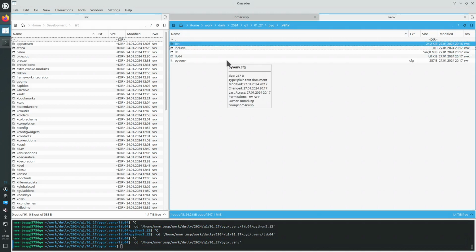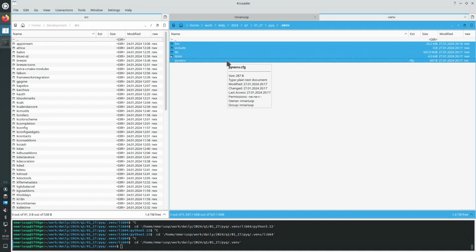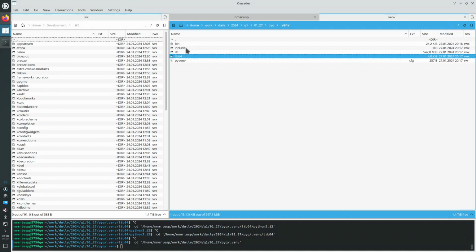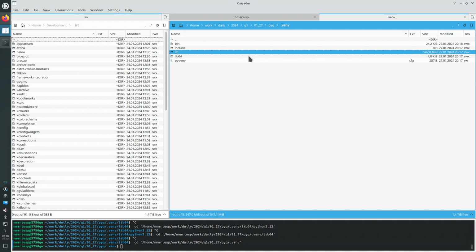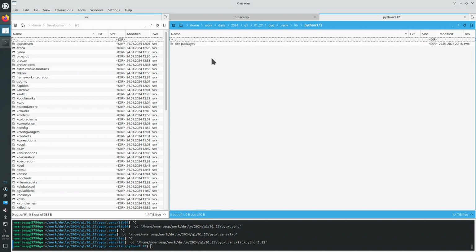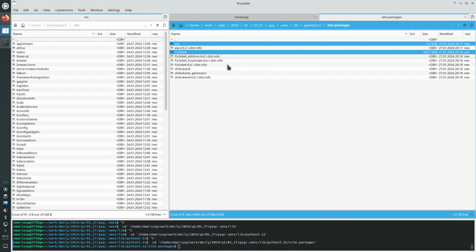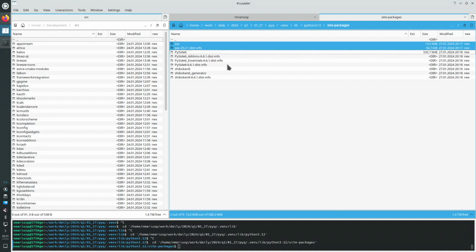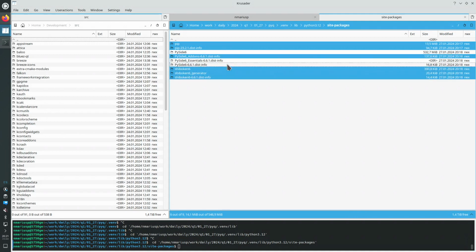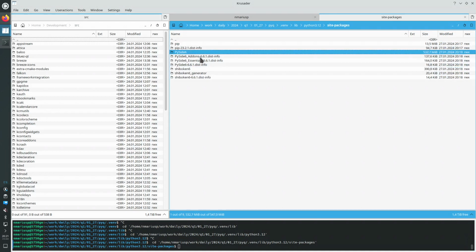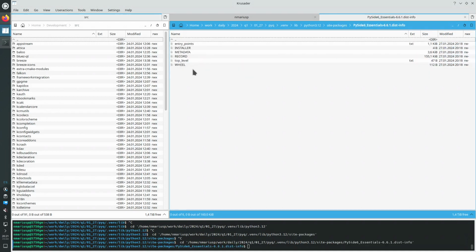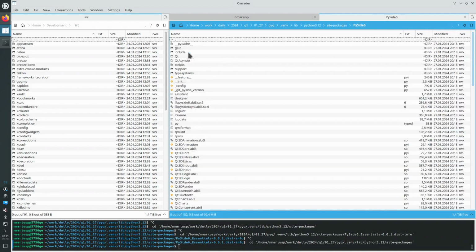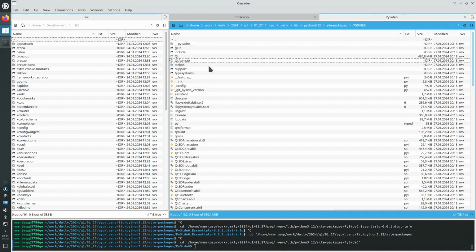If I press the space key, it's showing me what's the size of each of the directories. So the larger one is lib. And then inside site-packages, let's see which is the largest. And pyside6 it is. So pyside6 essentials just contain some text files, whereas pyside6 has this directory that's 430 megabytes in size,